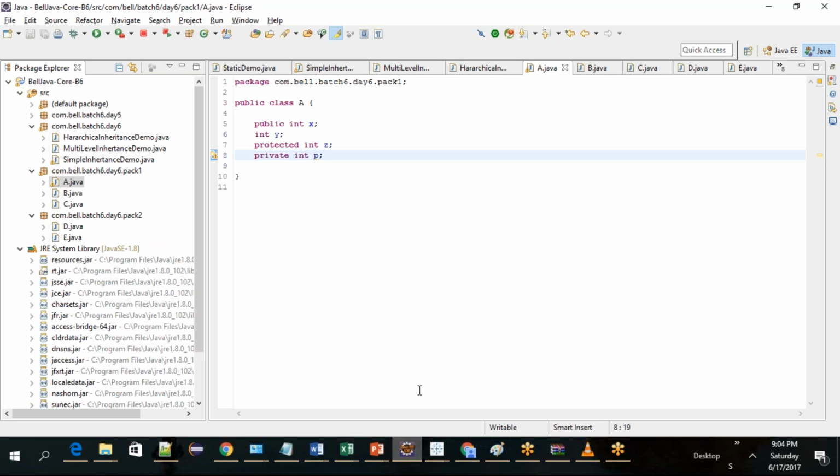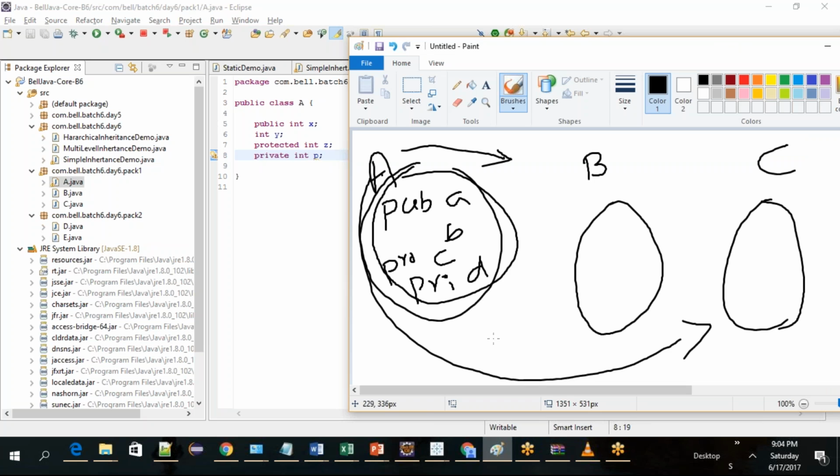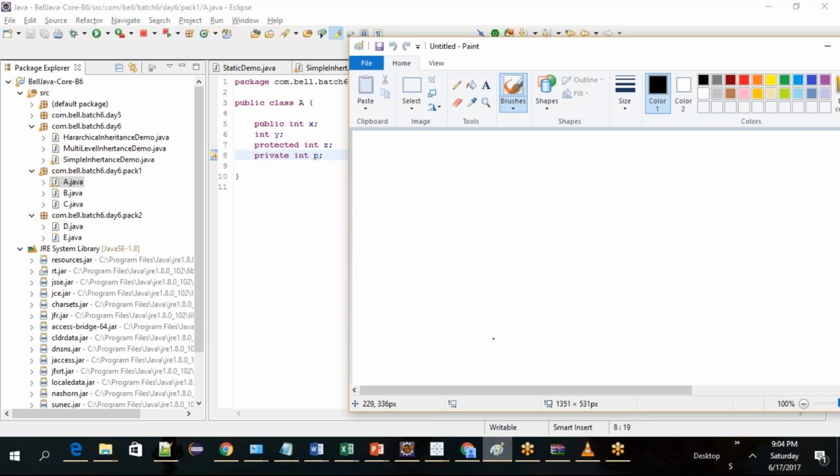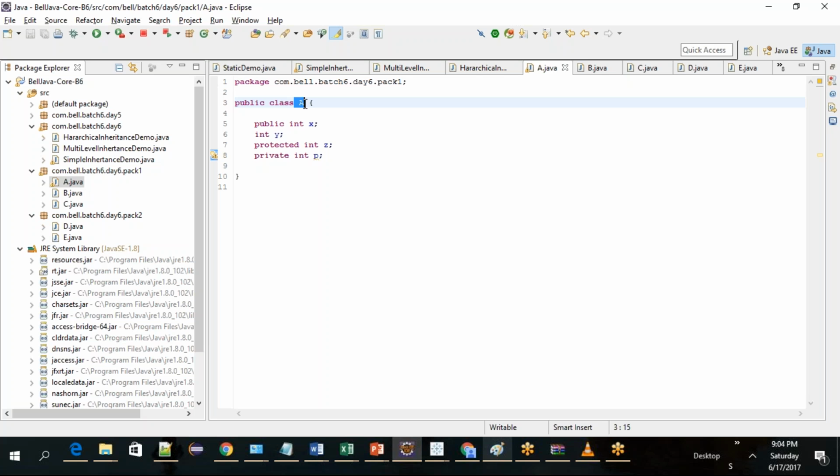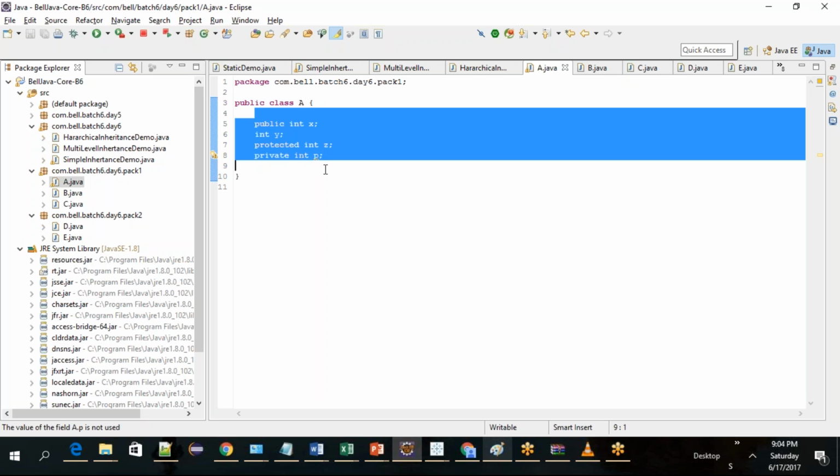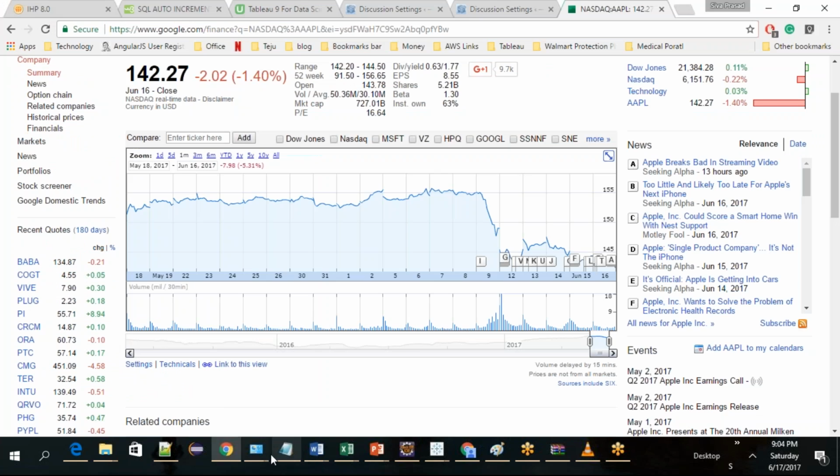There are 2 ways you can access a class's members outside that class. We discussed already. What are those 2 ways? One is by creating an object of this class A inside another class, and you can access the variables. And the second way is by extending this class into another class. These are the 2 ways you can access the variables inside class A. So let's say, as per the diagram,